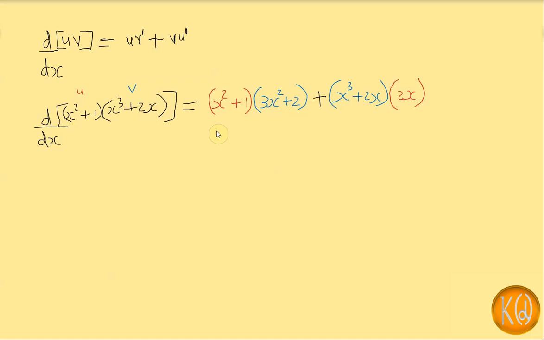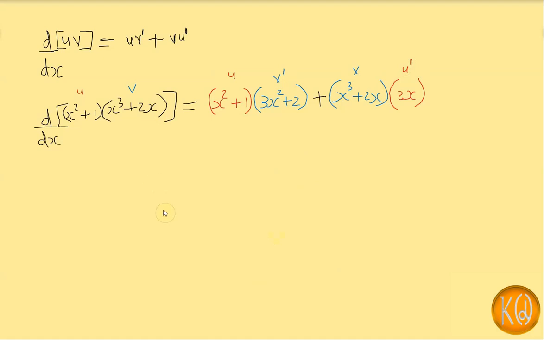But if the question specifically says that we should simplify or distribute across the brackets, then you will proceed to do that. But for now, this question is finished, so let's just label: this is u, and that's v prime, and this is v, and that's u prime. Alright,